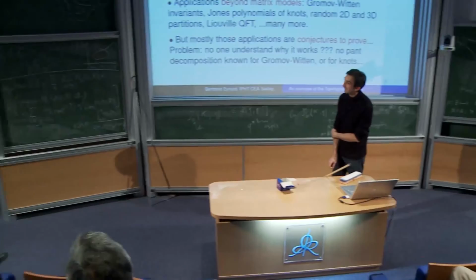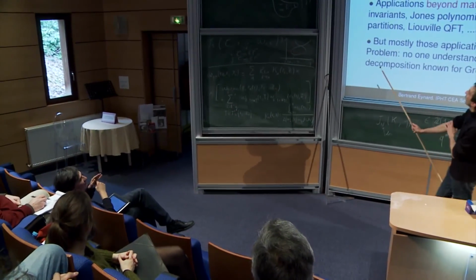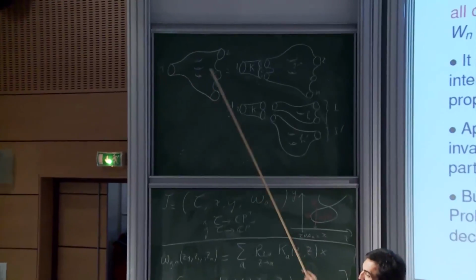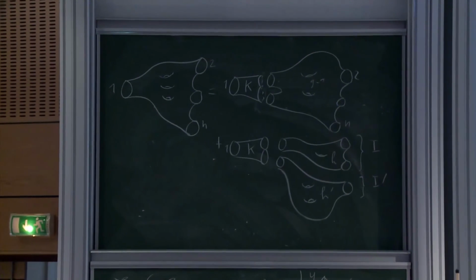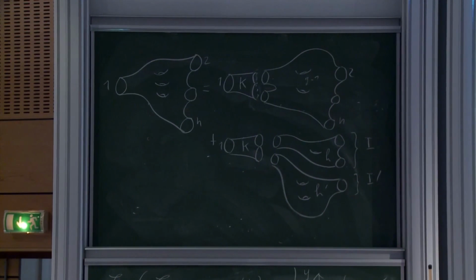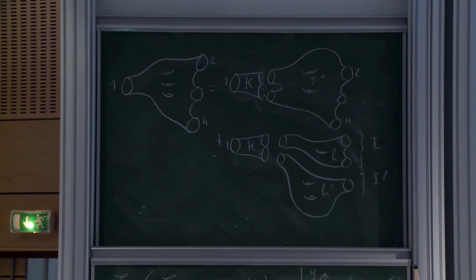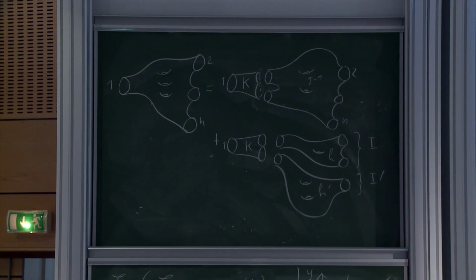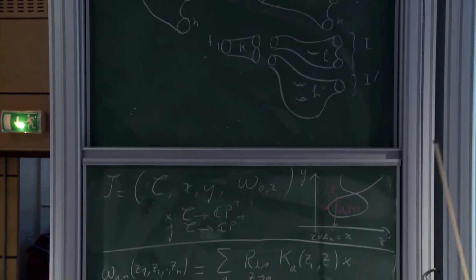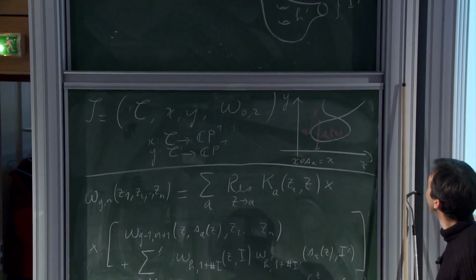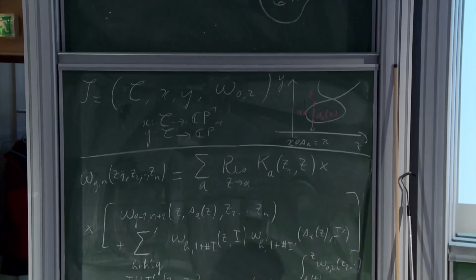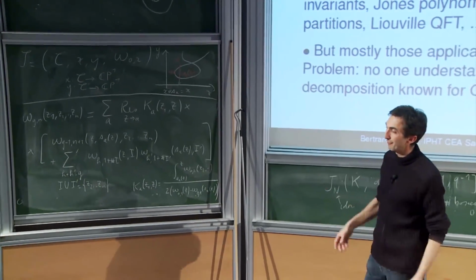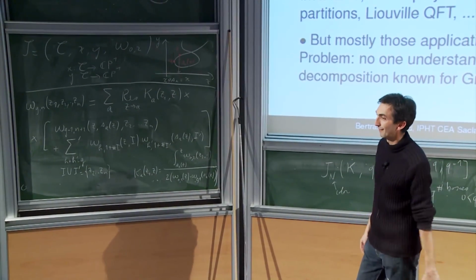Is it possible in this picture to put two holes on the left, not one? Two holes, to have always only one, but one, two, and several things on the right. Maybe it should be formal coloring, but it's still okay. It's like a harmonic function on the curve. No, it's not. The form of the equation really is that. Okay, I see what you mean. There is something else which is called topological recursion, where you really have one possibility with two holes on the left, but it's not that.